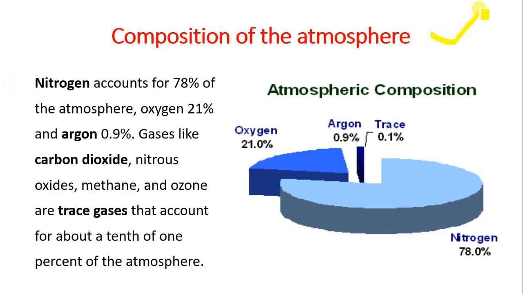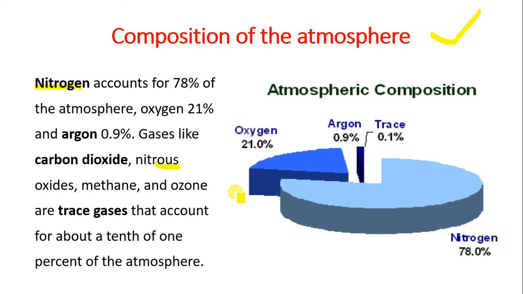What is the atmosphere made up of? What are those things that, if you take the atmosphere, you can separate into individual components? The atmosphere is made up majorly of gases, and we have nitrogen, which accounts for 78% of the atmosphere. Oxygen accounts for 21%. Argon accounts for 0.9%, and other gases like carbon dioxide account for 0.02 to 0.03%. And we have other things like nitrous gases, methane, and ozone, and trace gases that account for about